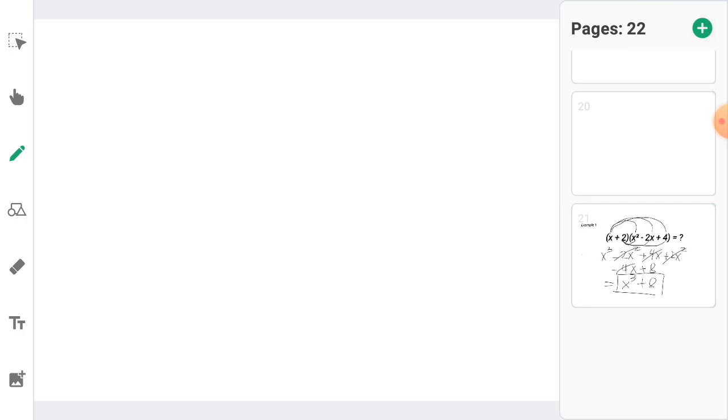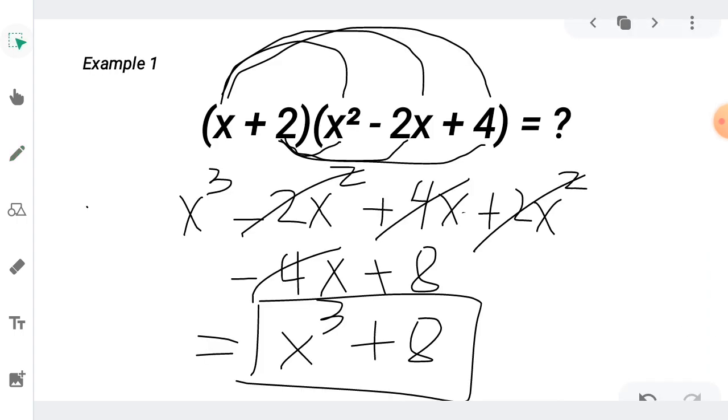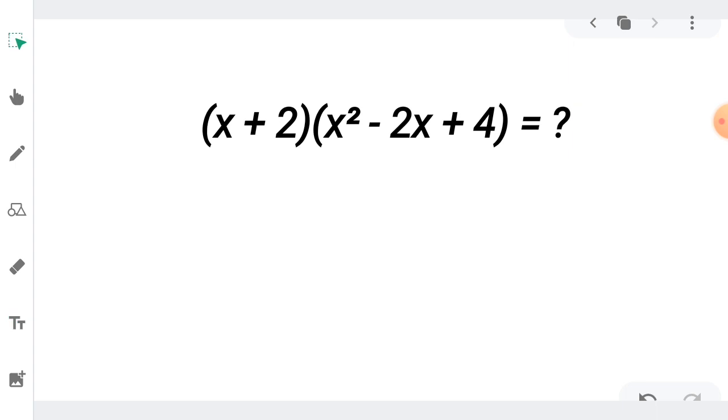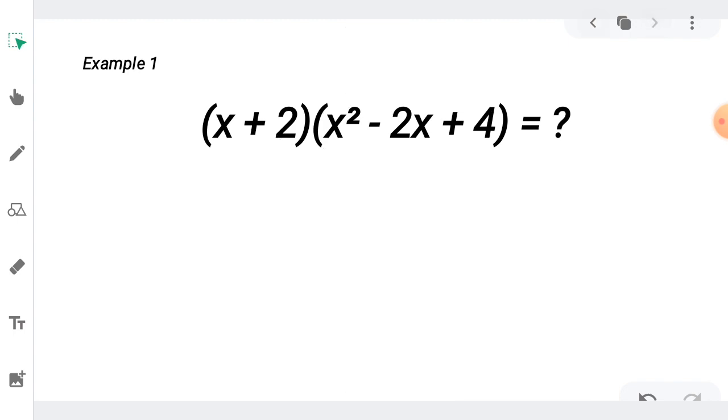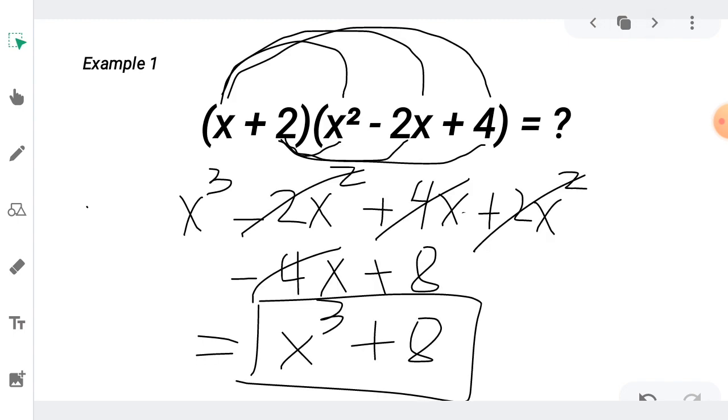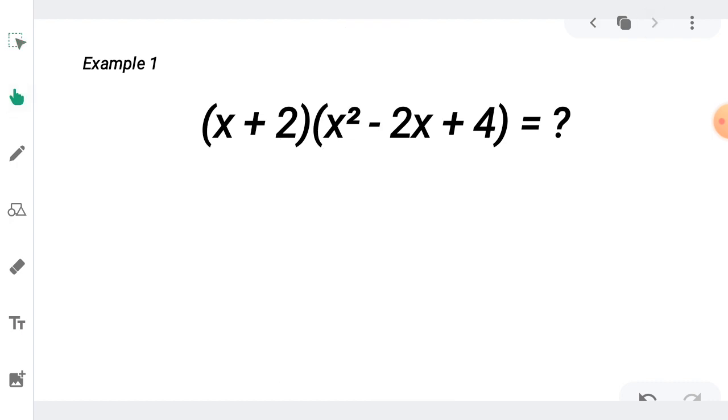And then as you notice in our example number 1, there is a basic step in getting the x cubed plus 8. So here is the easier solution or the formula in getting the answer. So the shortcut method here is just cube the first term in the binomial, which is the x. So x cubed